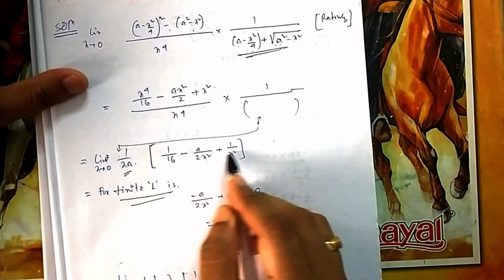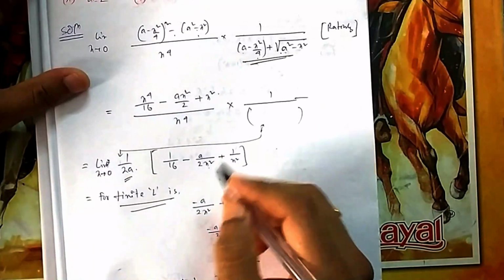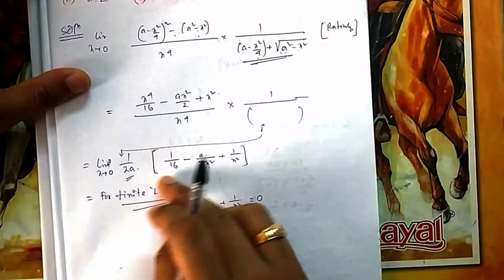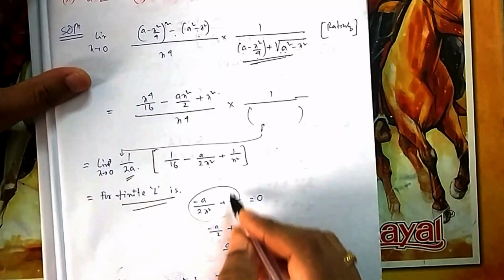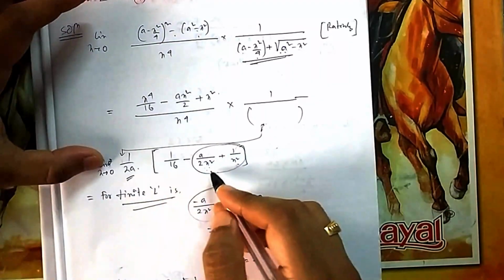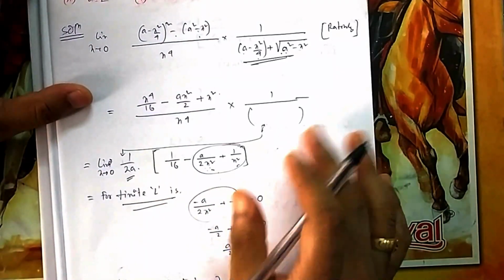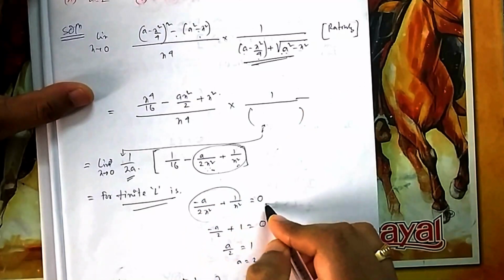Now your L should be finite. Now you see, if you put x equal to 0, it is going to infinity. So for L to be finite, this should get cancelled. If this gets cancelled, then the answer is 1 by 32a. So this should be 0, and these should cancel out one another. Then there will be no x in the denominator, and your answer will be finite. Because with x in the denominator, if you put x as 0, then it will be infinite. So these two should be 0.